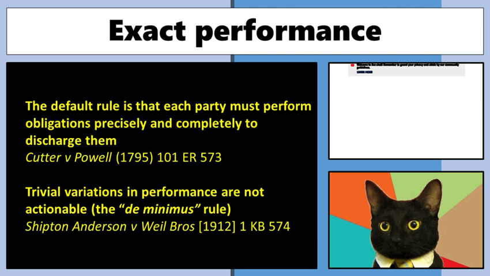All right, and this is contrasted again with Cutter v Powell, which was a contract of personal service, required the person to go the entire length from one end to the other. And the court said no, them not actually attending that last 100 nautical miles did render it not discharged by performance. All right, so those things can be a tricky one to note.